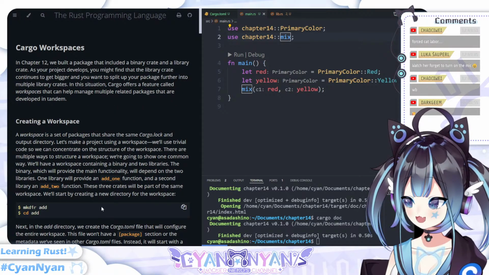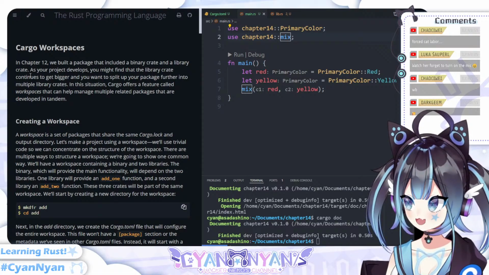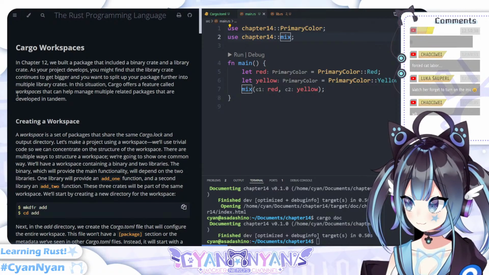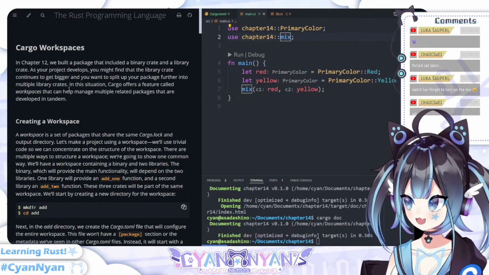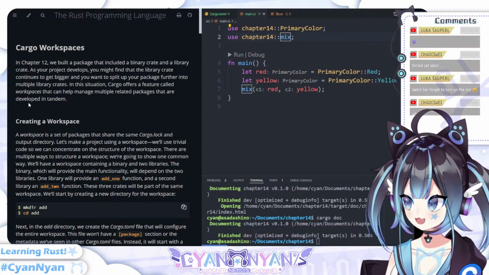Okay, what do we have next? We have cargo workspace. In chapter 12, we built a package that included a binary crate and a library crate. As your project develops, you might find that the library crate continues to get bigger and you want to split up your package further into multiple library crates. In this situation, Cargo offers a feature called Workspace that can help manage multiple related packages that are developed in